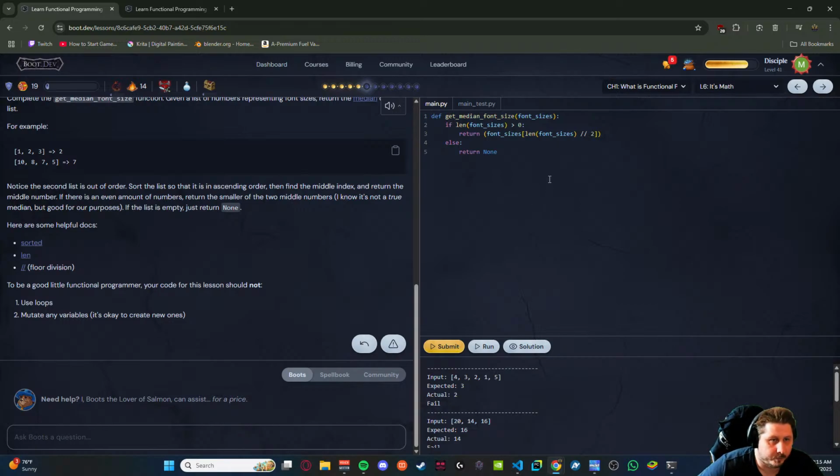Actual 2. Dude, what? Did it change to 2 now? If length was at grid 0. I forgot to sort. Font sizes dot sort. Okay.